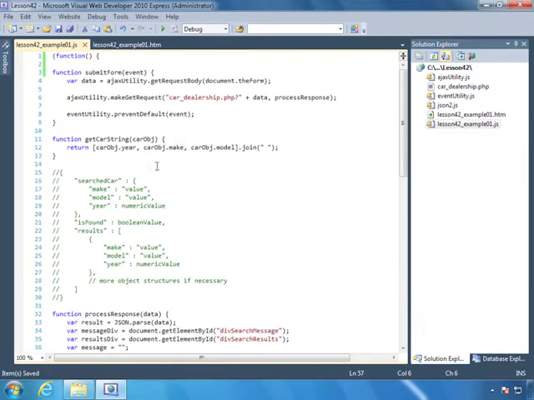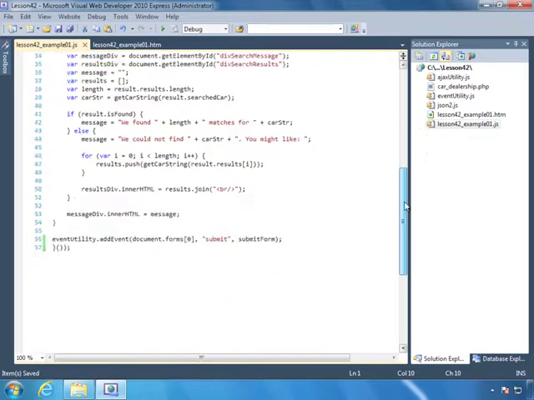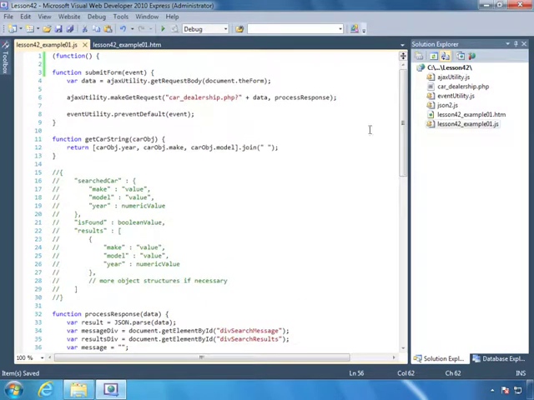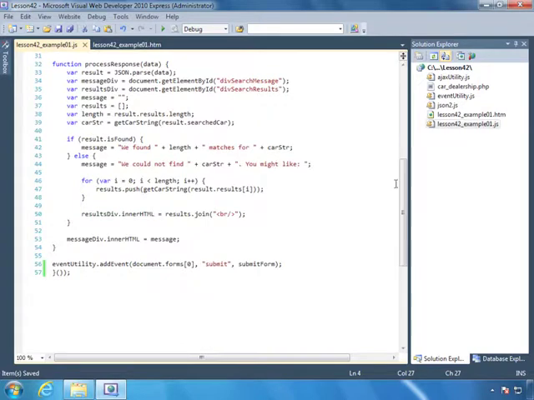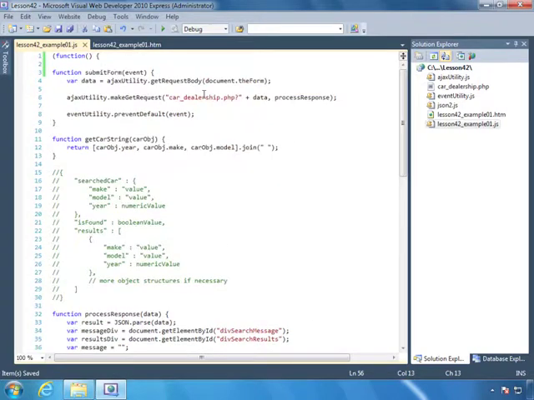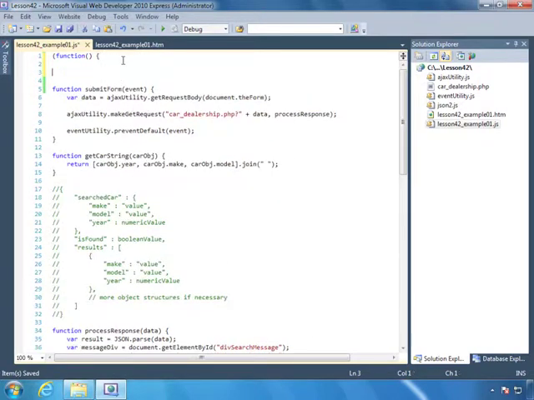And now everything within this code, or everything within this function here, is out of the global scope. It's inside of the scope of this function. But we execute this function and the rest of this code executes. And since we have all of our code within this external file, everything's going to be fine because everything here is referenced within this functional scope. So everything is going to be fine except for our usage of Ajax utility and event utility. But we can easily get around that by creating